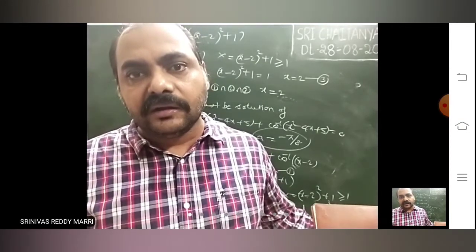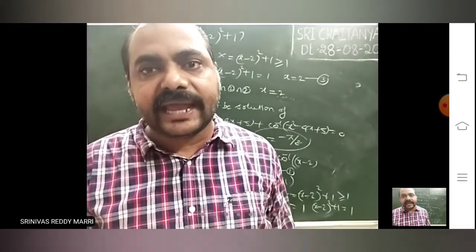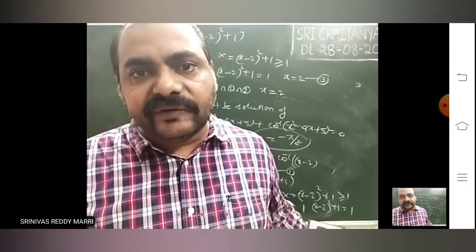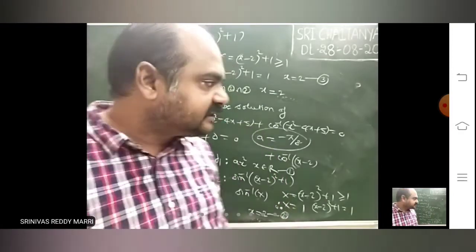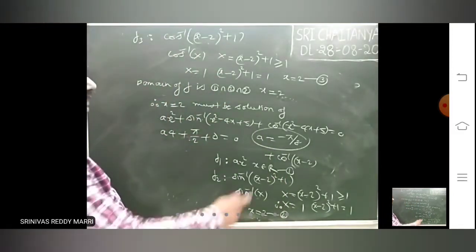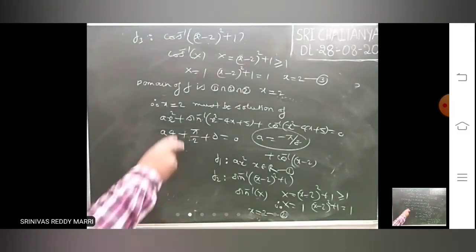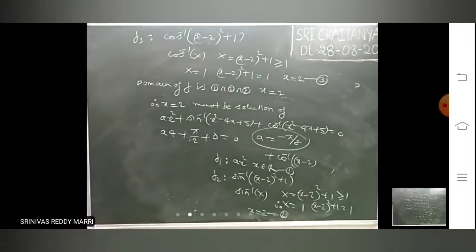We found 2 values, but what is the guarantee that it is a solution? That's why we substituted and calculated. You got 3 pi by 2, right? In this equation he has already given that it has at least one solution. That means that solution must be what? In the domain only one element is there. That solution must be x equal to 2 only. This is how to find the solutions using domain.